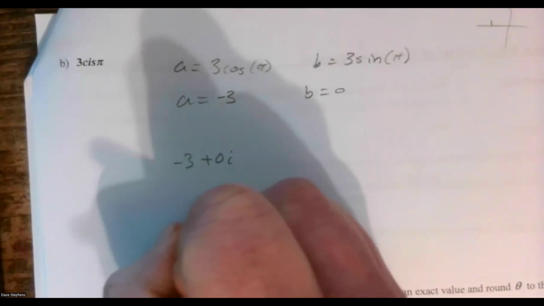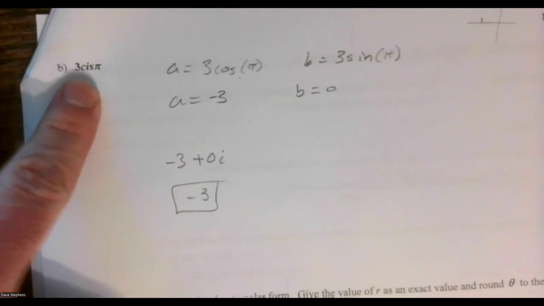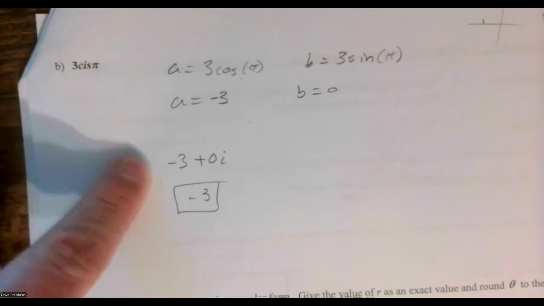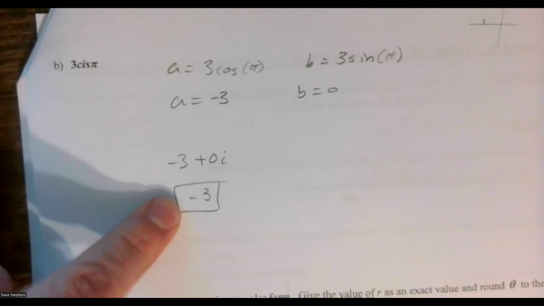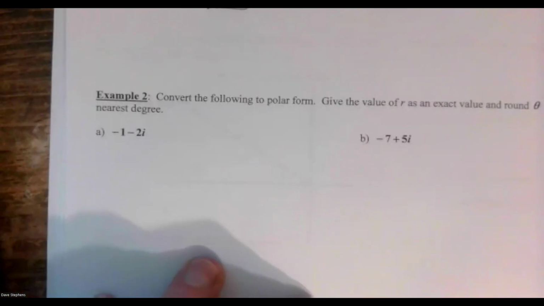So we get -3 plus 0i, or just -3. So 3 CIS pi, or cis pi, however you want to say it, I don't care. It's just the number -3. Not bad. All right, now we got to convert